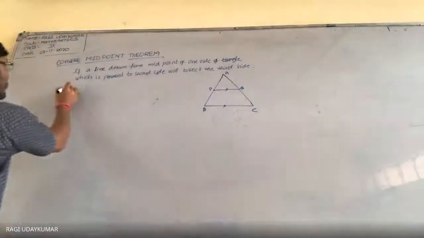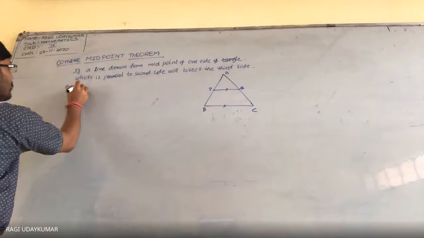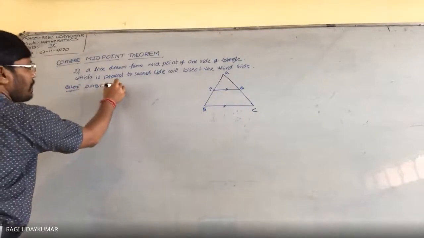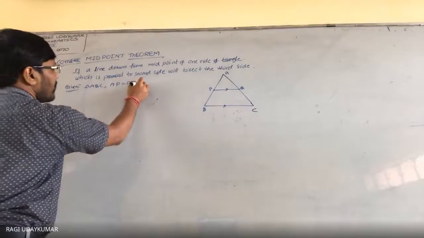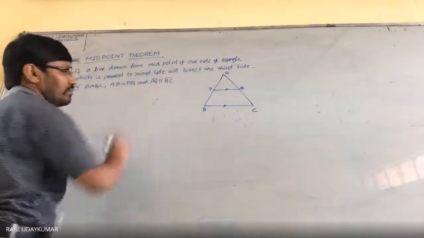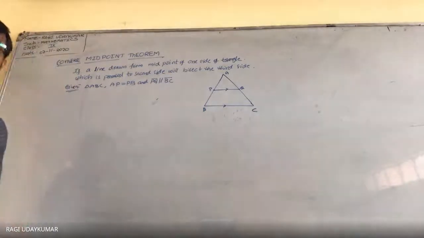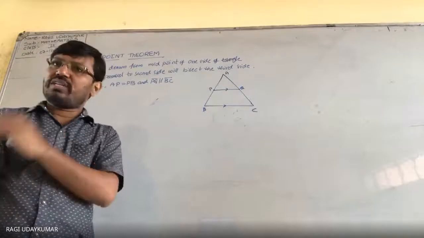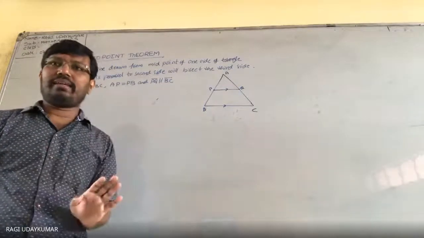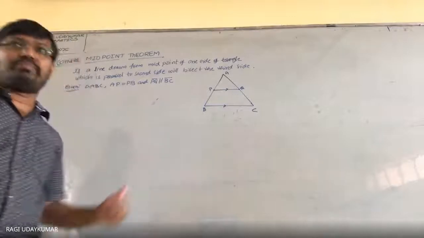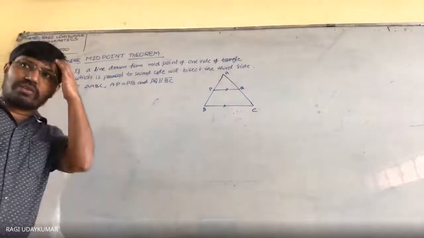So what is given here? Given triangle ABC, AB is equals to PB and PQ is parallel to BC. Because this theorem previously I have shown to you, from there you can extract the midpoint theorem, even proof also. That is exact. Midpoint theorem converse proof is not there. That's why I'm writing the proof. You can take this note as a notes also.